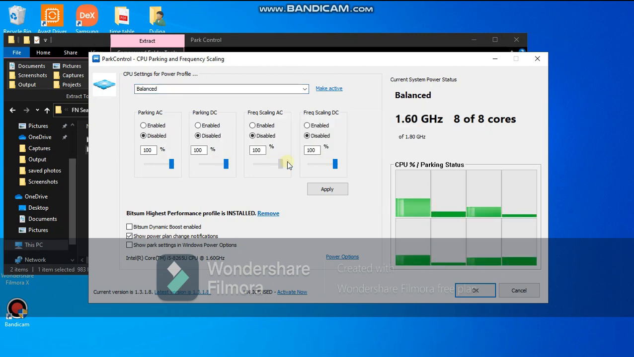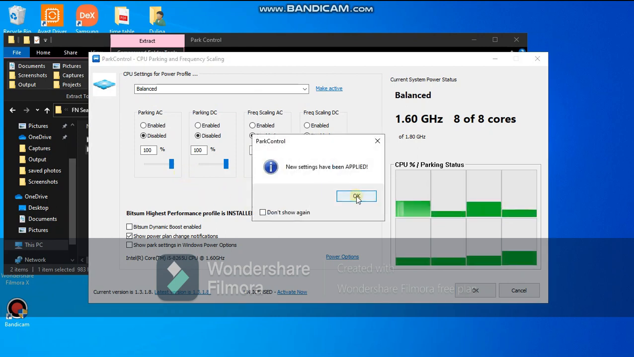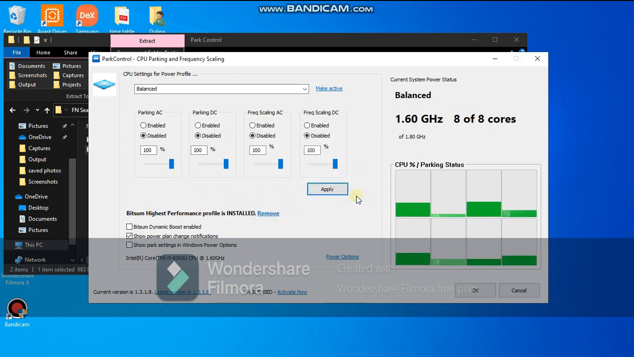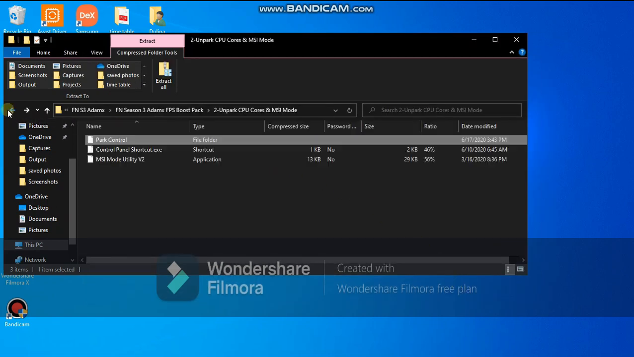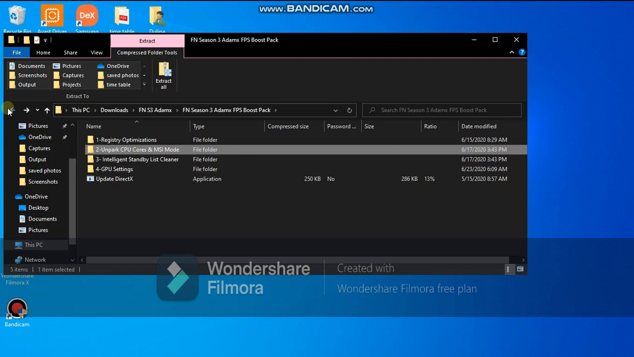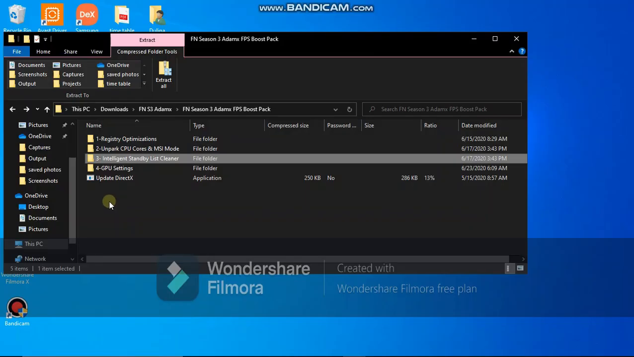What this will do is unpark your CPU, meaning you'll utilize more CPU cores, thus improving your FPS. Finally hit apply. New settings have been applied. OK. There you are, good to X out of it. We are going to skip MSI mode, which was in the second folder, and we are going to move on